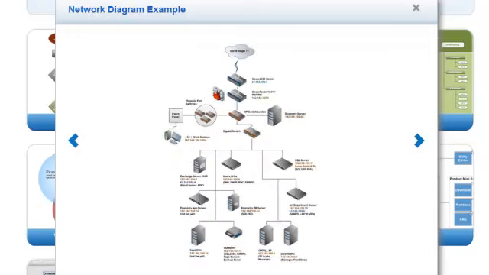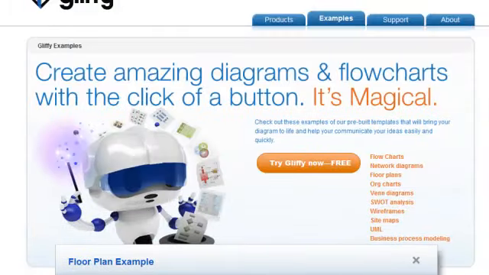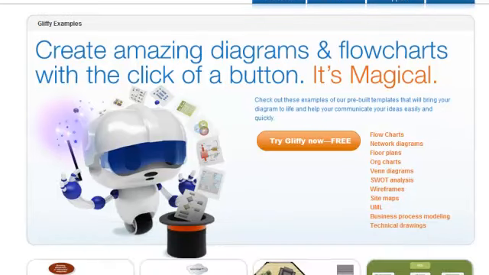But one of the other cool things, you can create stuff like this, and if you're a property investor, you can actually do this in Gliffy. So you can kind of rearrange how you want your house. If you just purchased a new house or whatever, you can rearrange how you want stuff to be set up and incorporate that in your website, or print it out if you want. But this is a cool way to have it pull in diagrams in your website. And this is also a paid software. So it's about $4.95 a month. But I think it's worth it. At the end of the day, it's all about giving people quality and showing them quality designs.